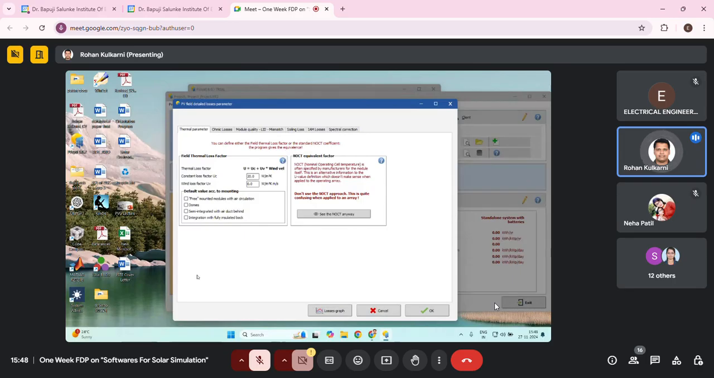Then there is the IAM loss, we'll go to that one, and spectral correction. PVsyst considers all these different losses to calculate the final output. For the thermal loss, you can see the default value here. If I keep my panels free-mounted with air circulation and select this one, there are two factors: constant loss factor Uc and wind loss factor Uv. If I select this particular one, you can see the Uc value changes